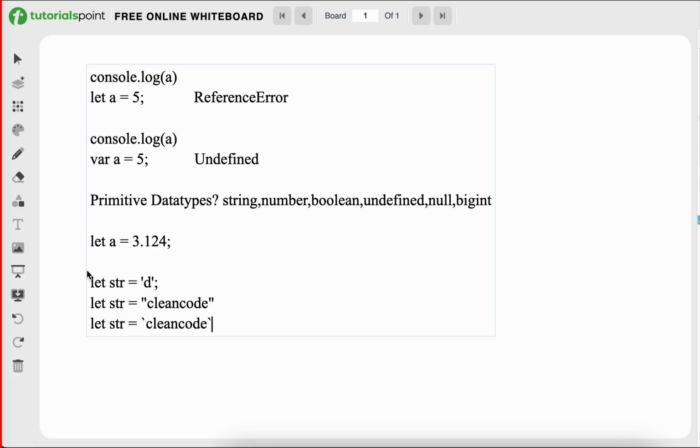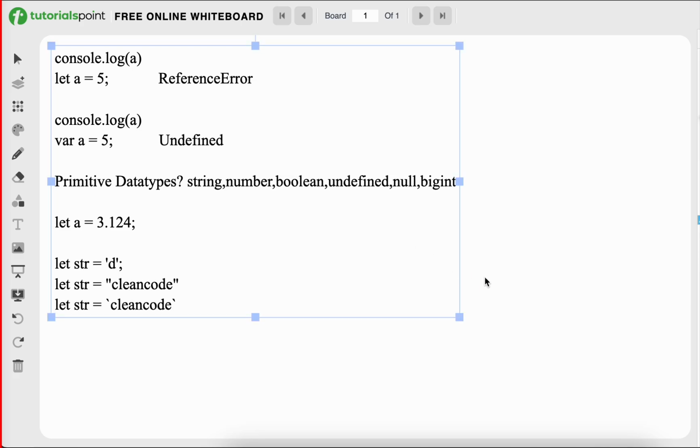Like let a, console.log of a, the output will be undefined, because we have not assigned a value to the variable. Okay, basically undefined means the variable is declared but not assigned a value. Null represents the absence of a value.